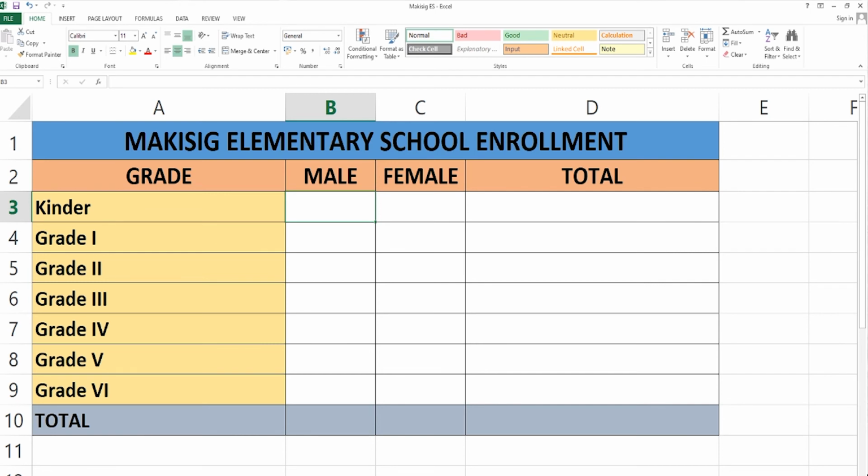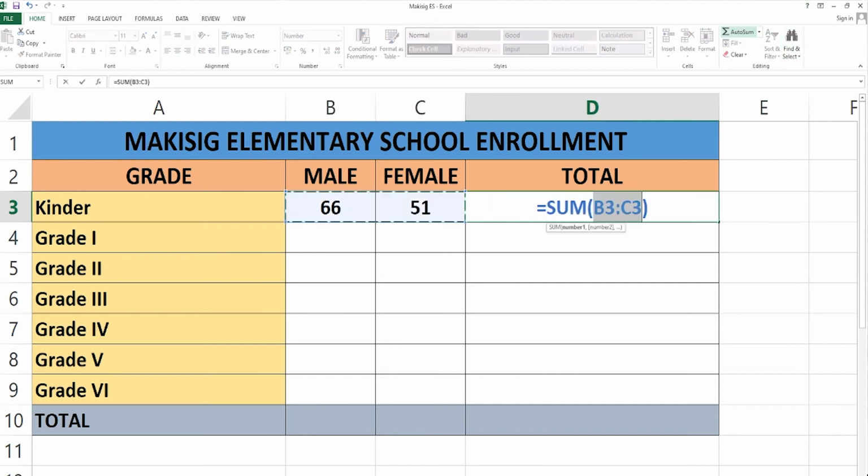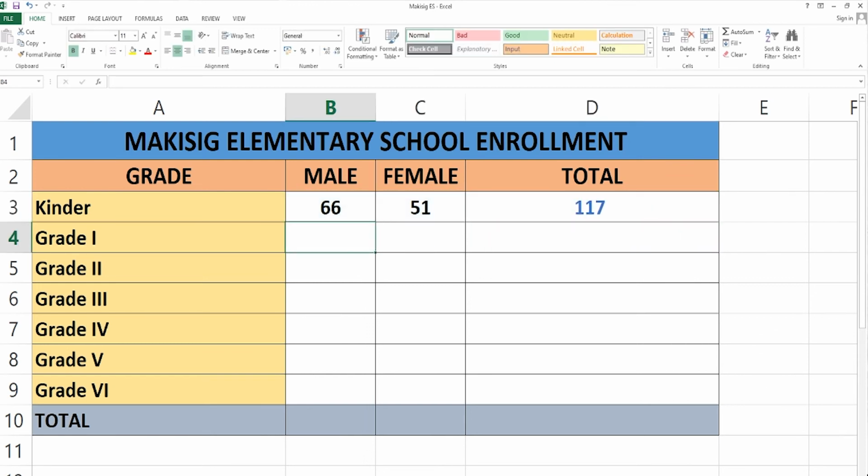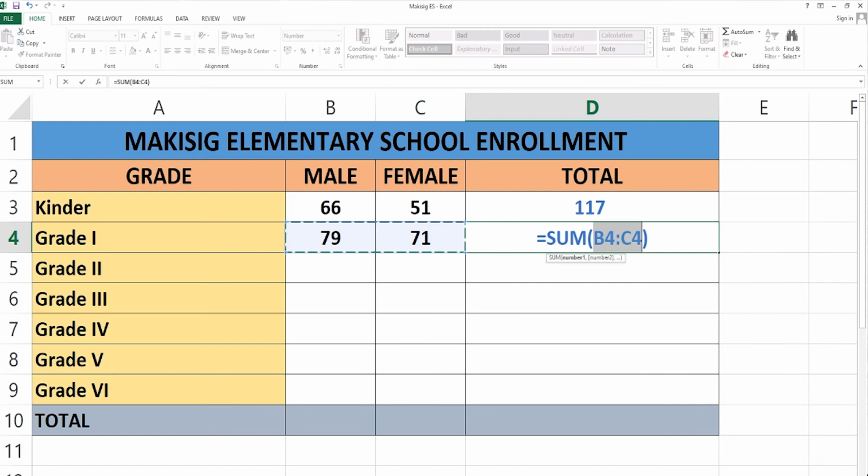The enrollees in the kindergarten class are 66 male and 51 female. Compute the total enrollment for the kindergarten class. The total enrollment for the kindergarten class is 117. Very good. The grade 1 class has 79 male and 71 female. What is their total enrollment? The total enrollment for grade 1 is